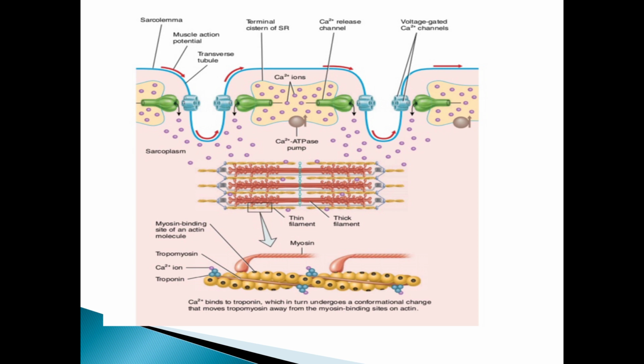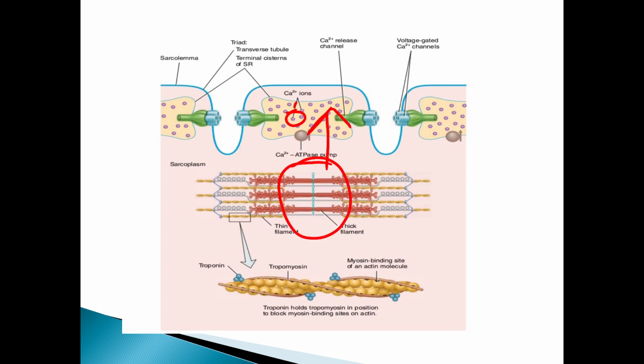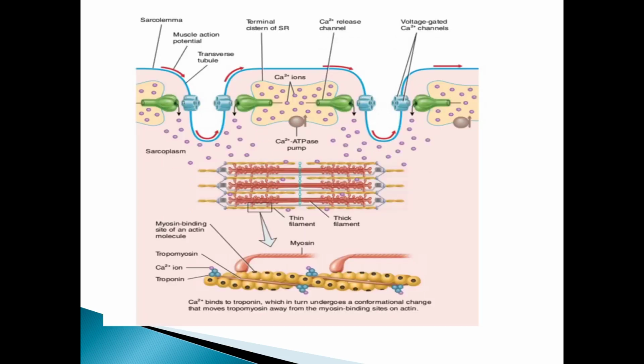So this is the same thing. This is the contraction cycle. You can see the gap between these. These are now in the relaxed state, these are relaxing, so you can see the gap between them, and these are in the excited, that is the contracted state. So you can see the gap. This is the M line. Calcium has bound to troponin, so the myosin head will bind, and then contraction will start.